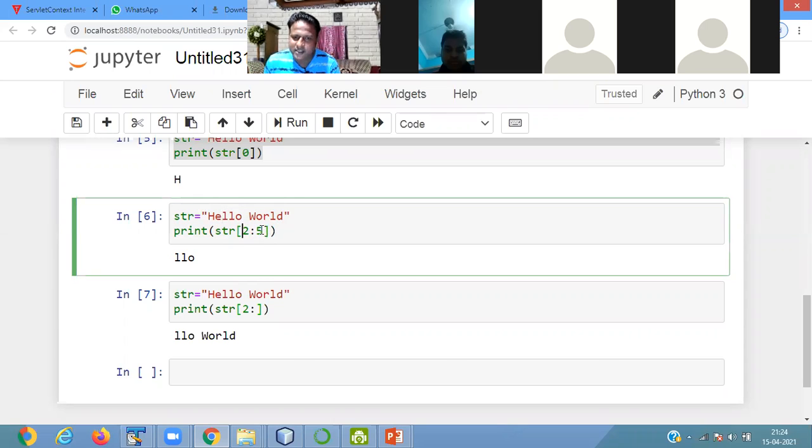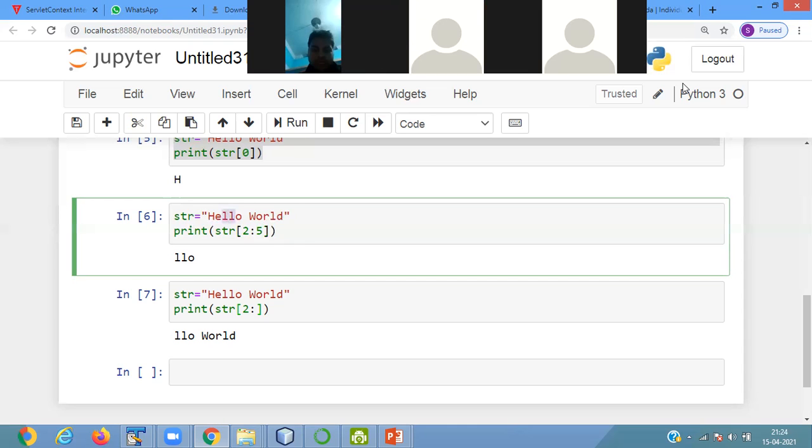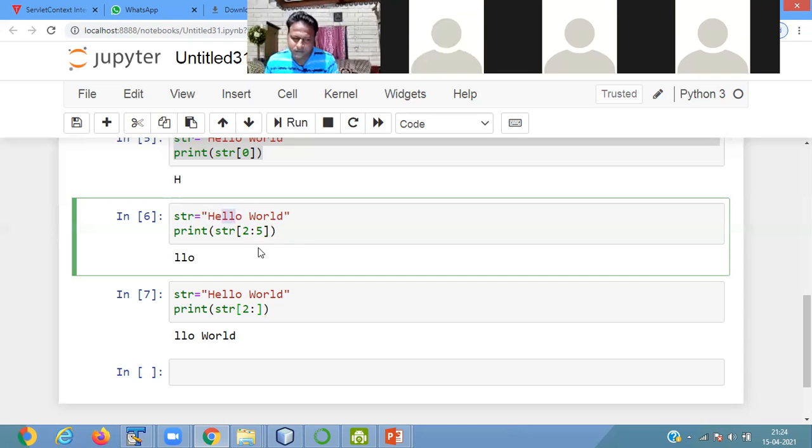First is the index number, second is the length. The first will be checked from 0, and the second will be checked from 1, 2, 3, 4, 5. Understood? Priyadarshini, Amit, Manoranjan? Yes, sir.